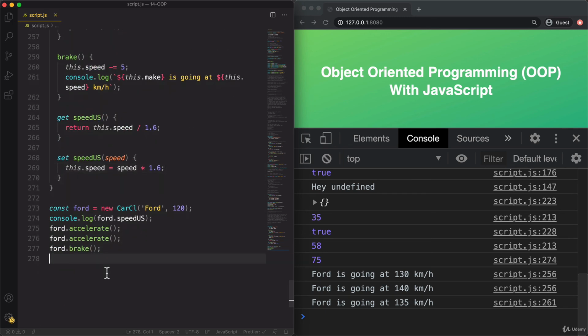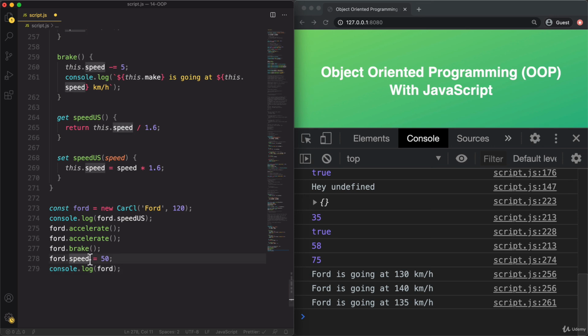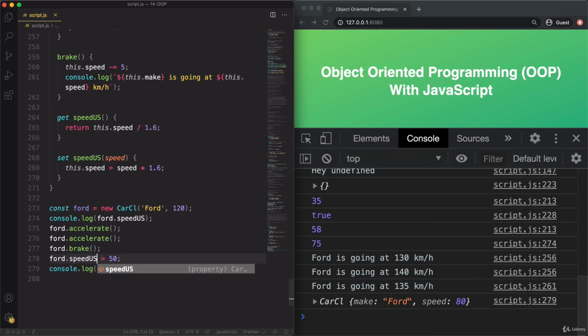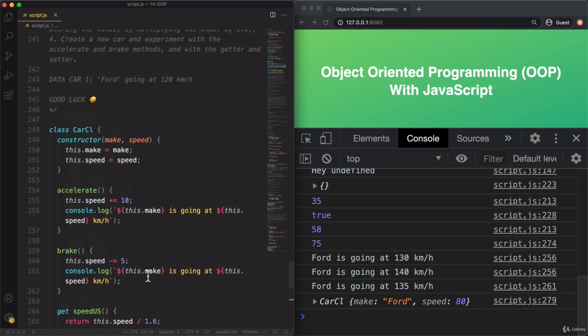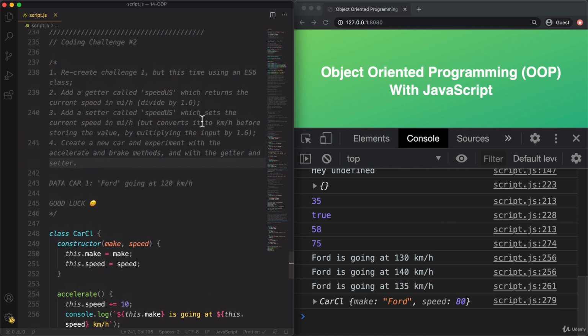And so now if we do ford.speed_us equals 50 miles per hour, then let's take a look at the ford object. And here, of course, it needs to be US. All right. And so here we set the speed to 50, and then what we get here is 80. And so 80 is indeed 50 times 1.6. And so I think that's actually it. And yeah. So challenge number 2 completed.